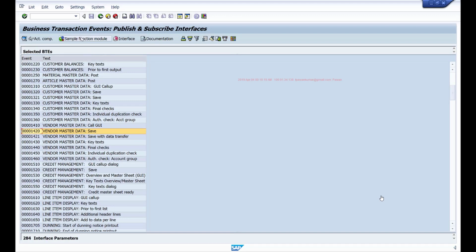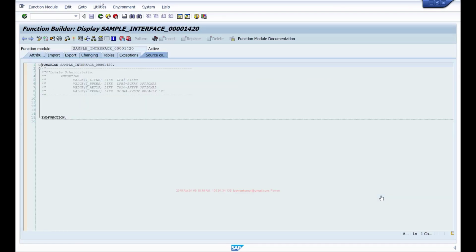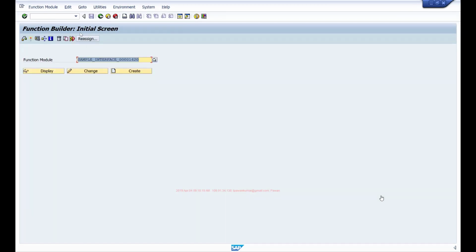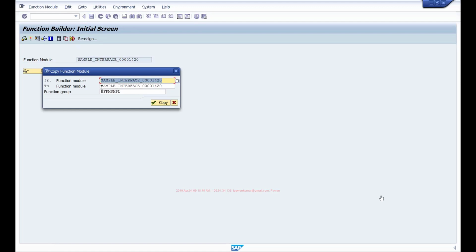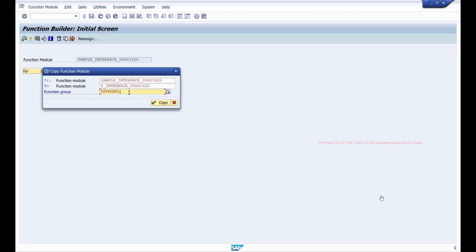And if you click on the sample function module, it will display this function module, which is empty. All you have to do is copy this function module into your Z function module. Let's say Z underscore interface, copy. Give your own function group name.